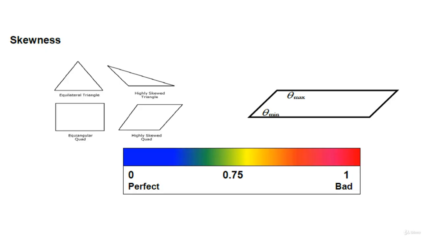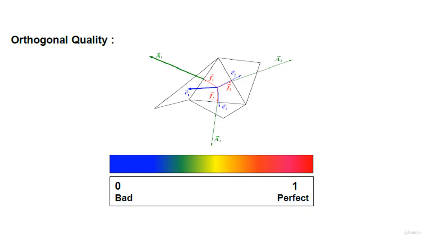The next parameter is skewness. It ranges from 0 to 1. If the value ranges from 0 to 0.5, you are going to have a good mesh. If it crosses 0.5 to 0.7, it is okay, but if it crosses 0.7, you are going to get a low quality mesh. The next parameter is orthogonal quality. If you want a good mesh, this value should be nearer to the 1 mark rather than nearer to 0. If the orthogonal quality is nearer to 0, then you are going to have a low quality mesh. And these are